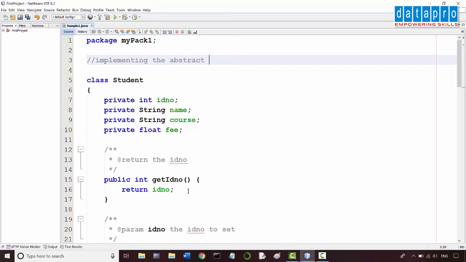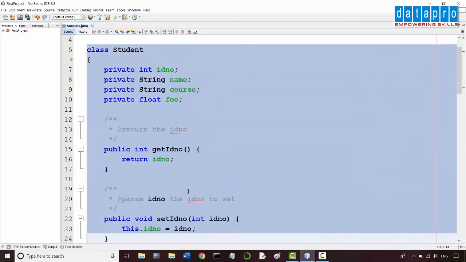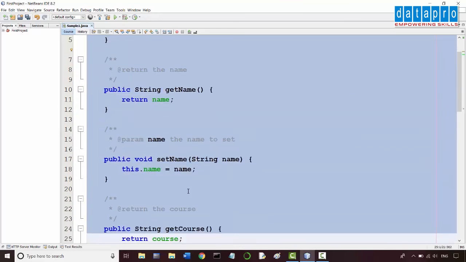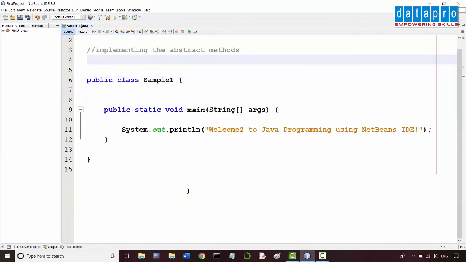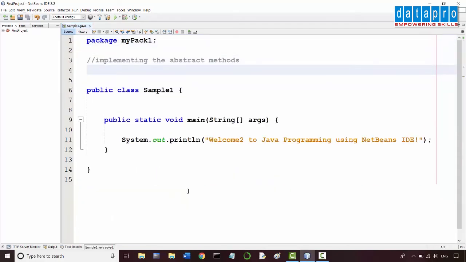Implementing the abstract methods. Let me remove this class to keep the code as simple as possible and focus on the current topic. Let's say extend Frame class. So we can fix the import while typing itself.